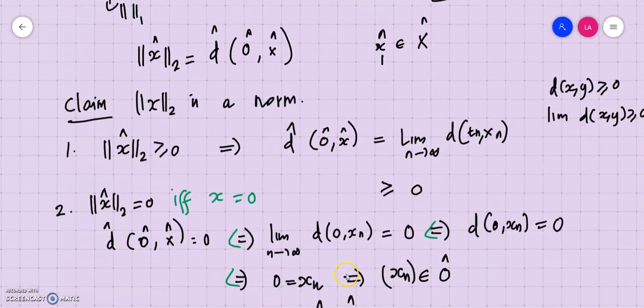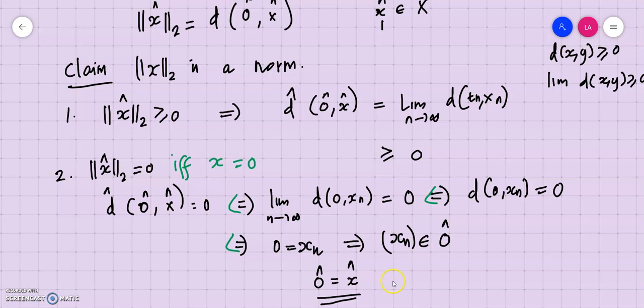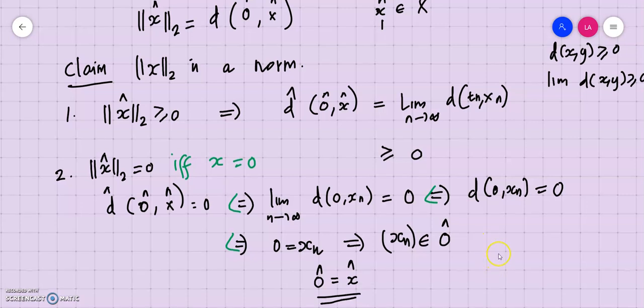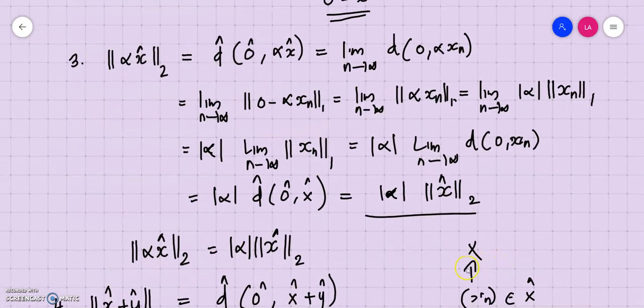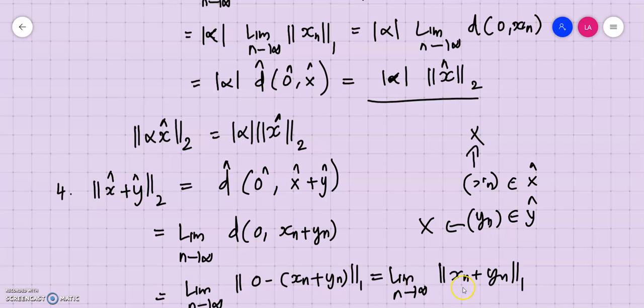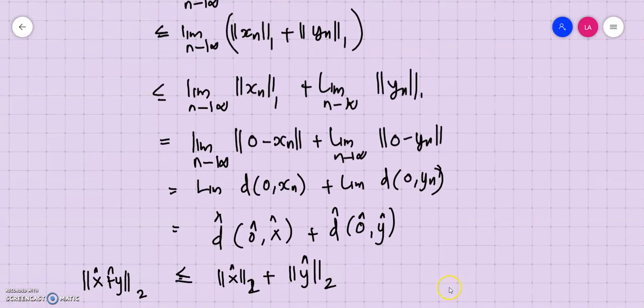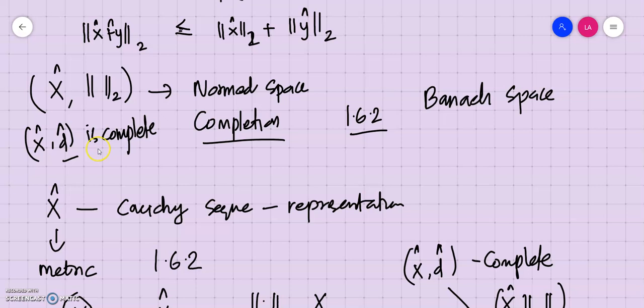Now we have to prove that this norm can be extended onto X cap. So we have extended it by means of this definition or by means of the metric and proved that it satisfies all the properties of the norm. So X cap along with norm 2 should be a normed space. Its completeness property can be obtained from theorem 1.6.2 because (X cap, d cap) is complete. The denseness, which I didn't quote, also can be obtained from theorem 1.6.2 because X is dense in X cap. So this is how we prove the theorem.